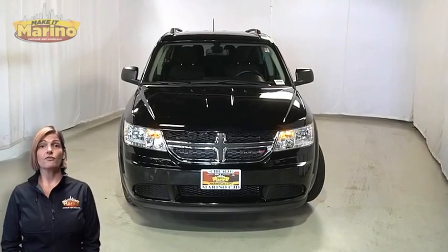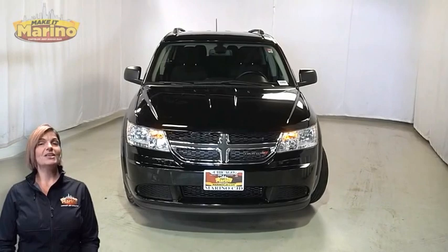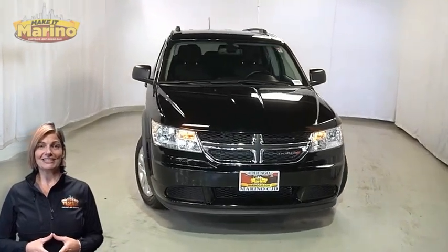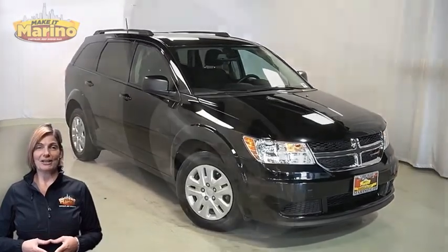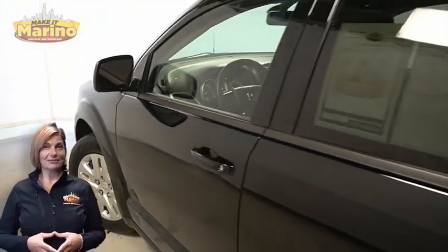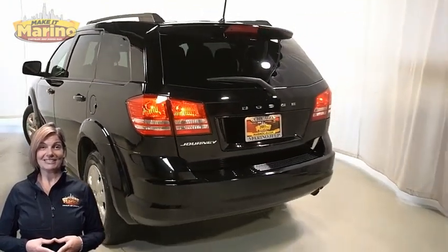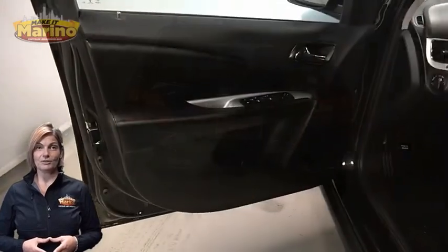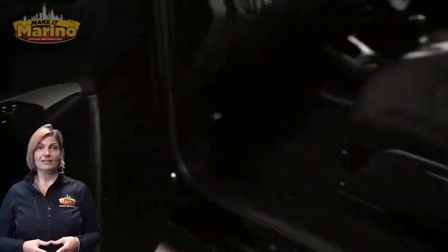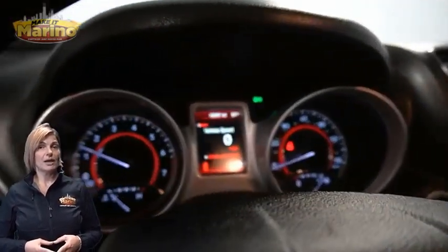If you're looking for a functional SUV with reliability and safety for your whole family, certified pre-owned 2019 Dodge Journey in pitch black. With automatic headlamps, front fog lamps, 17-inch wheels, brake assist, power heated mirrors, rear window wiper and washer, front bucket seating, steering wheel mounted audio controls, 12,000 miles on the odometer,